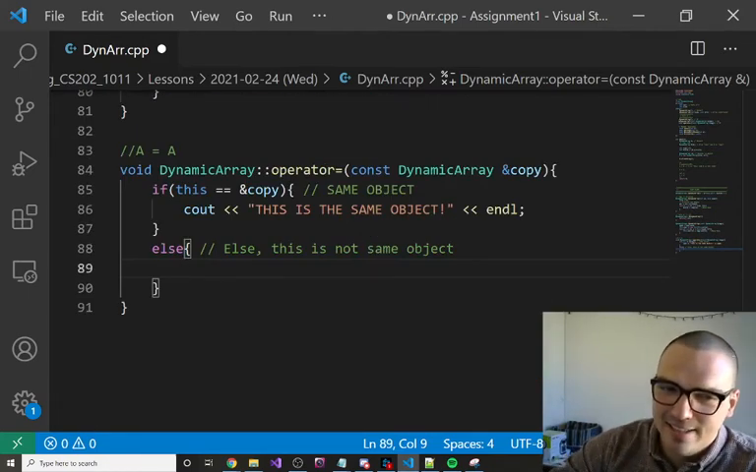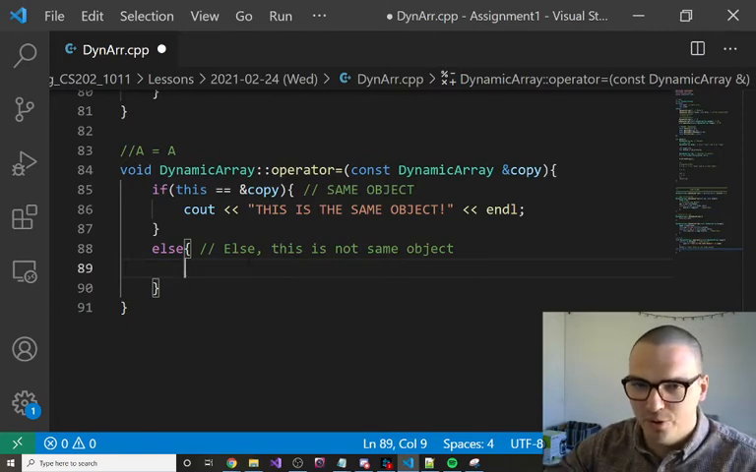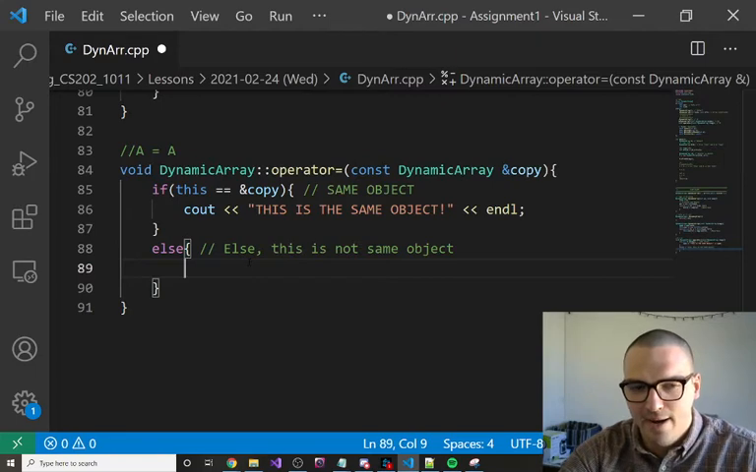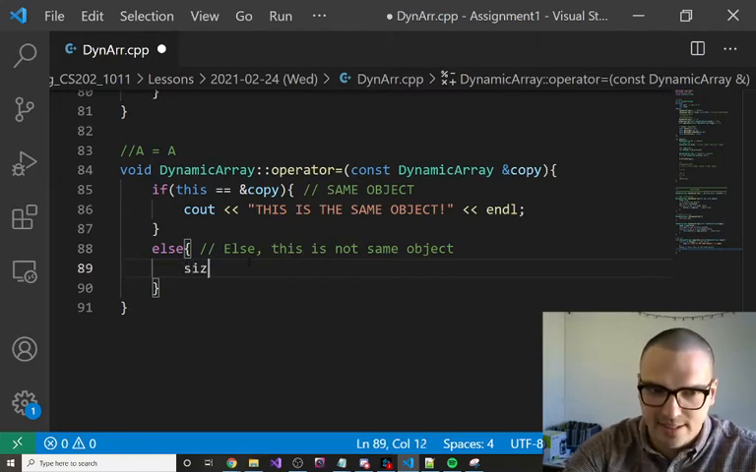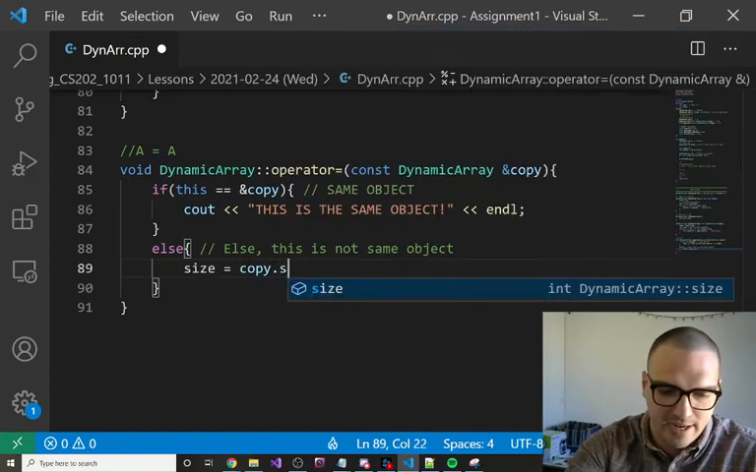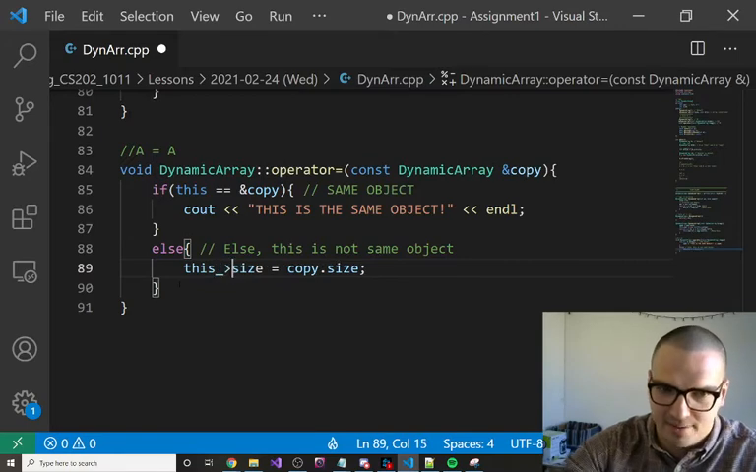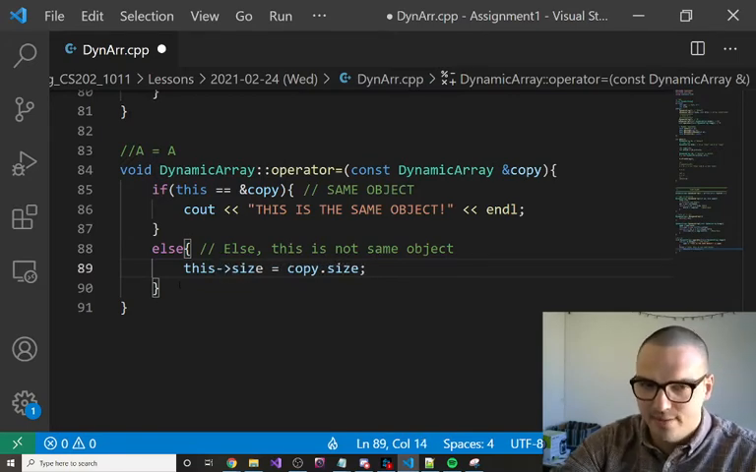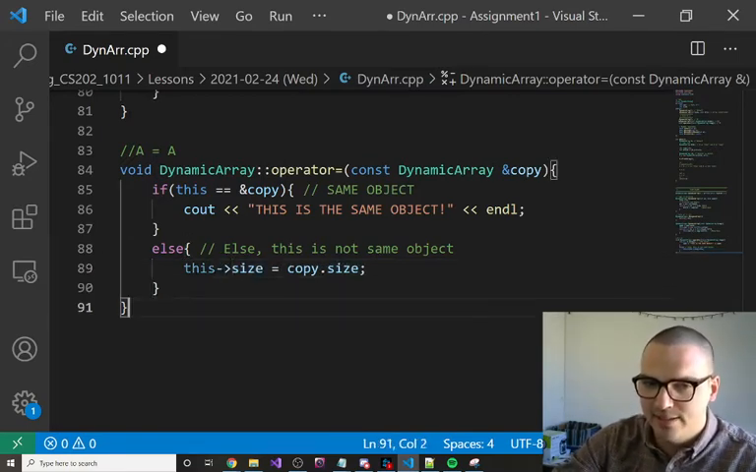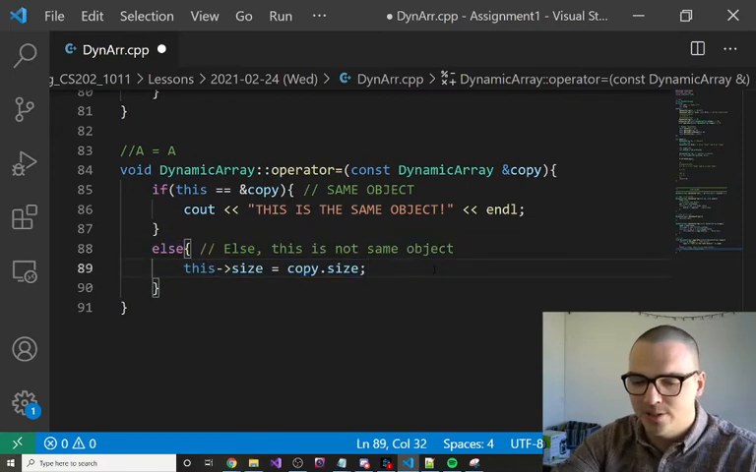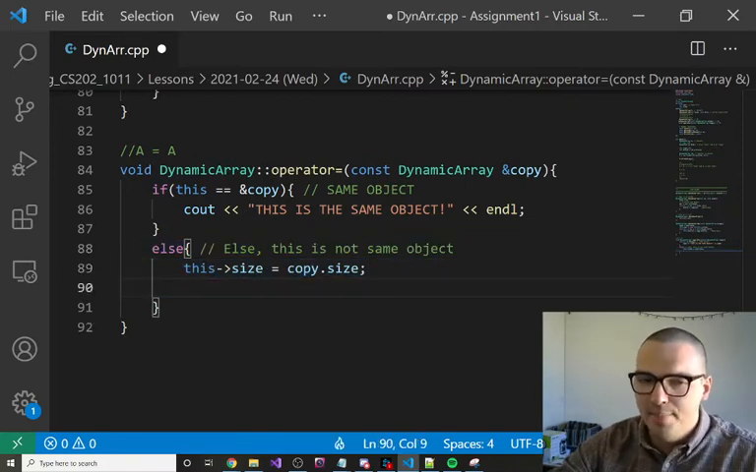In this case, they are not the same object, so we have to do a few things, right? The first thing that we should probably do is copy the size over. So we're going to say size is equal to copy.size. And I know I'm repeating myself. I can do this, right? I can say this dot size equals copy.size if you're ever confused about which size we're talking about. And then